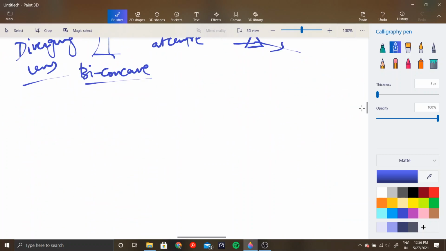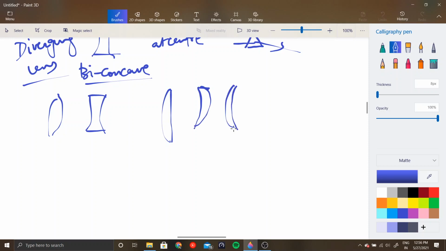You have other lenses, but we will be basically dealing with a concave lens and a convex lens in our syllabus. You can have these types of lenses. You can have plano convex. You can have concavo convex, right? You can have convex or concave. So there are different variations. You just need to remember how to name them. Forming images with these kinds of lenses is not included in your syllabus. Okay, just remember the lens.